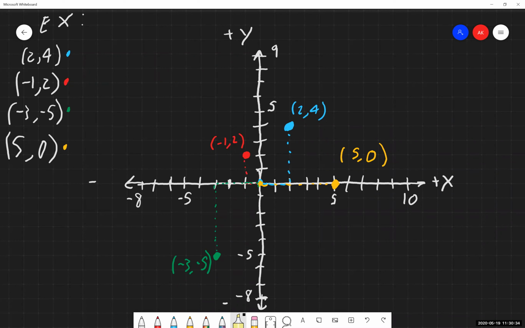Now we're going to move on to the next part that we have here, which is having us identifying coordinates of an ordered pair. In this set of examples that we did, we set up a set of graphs and we plotted them. Now we're going to be doing almost the exact opposite. We've been given a graph, we're going to have been given some points, and we need to determine what each of those points are on the graph.